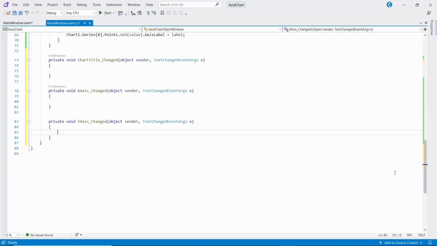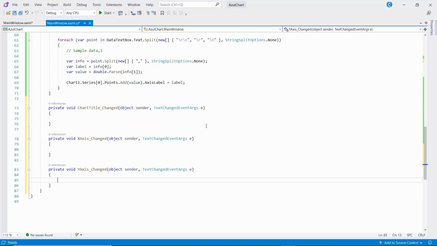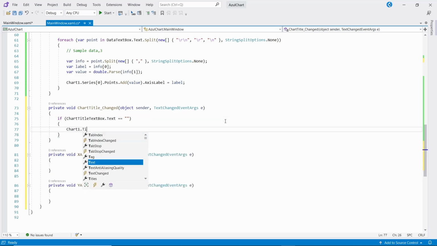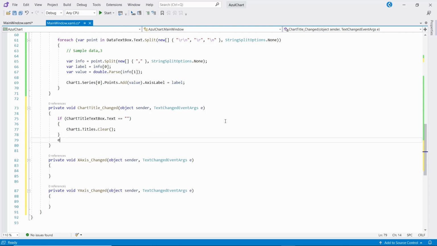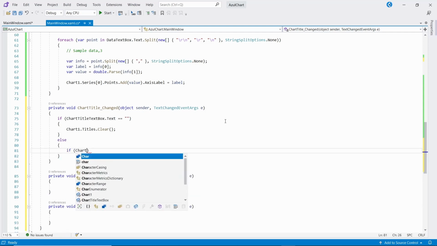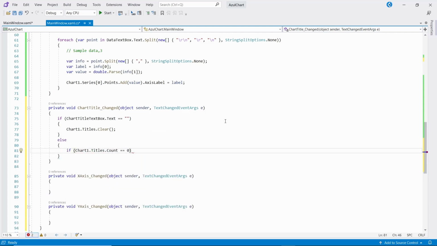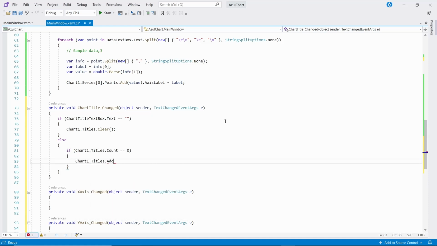Let's look at the chart title first. Because you can have more than one chart title, we need to check if the user has emptied the text box and therefore will clear the title, and also check whether a title already exists and update that. So first we'll check if the title is empty and clear it like so. If it's not empty, we'll need to check whether one already exists. If it does not, we'll add in one like so.